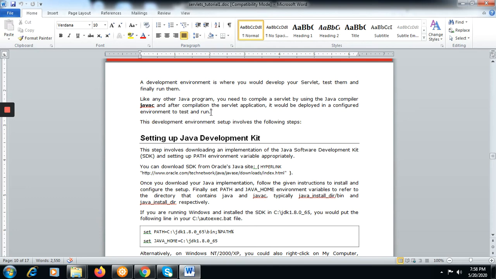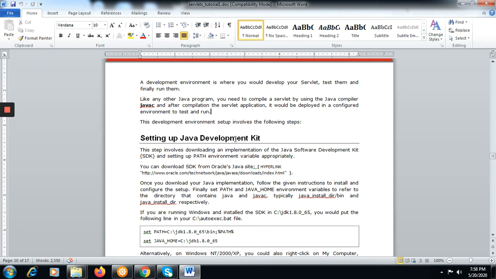So for servlets, we will use Tomcat as a server. That is free of cost, you can download it and use it. It is basically a web server. And we will deploy our application, this server component, or our J2EE applications, as you can say, that servlet, into Tomcat. So how can we set it up?